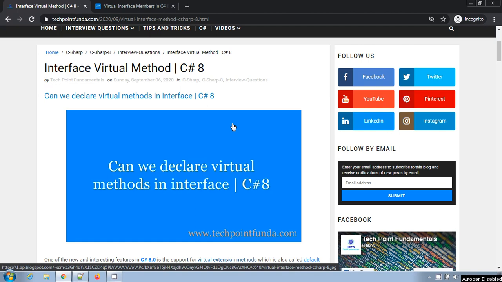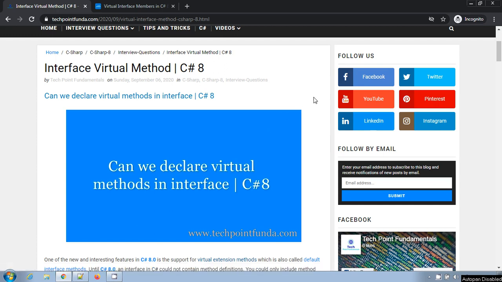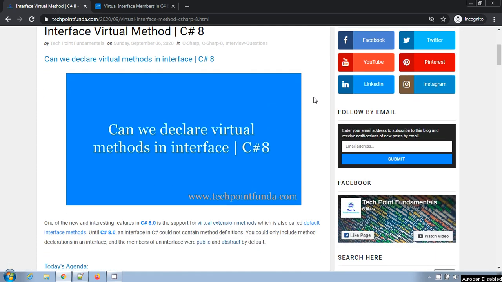In this video, we will learn the most interesting feature introduced in C Sharp 8, that is virtual interface method. Until C Sharp 8, all the interface members are public and abstract by default. But in C Sharp 8, Microsoft has introduced the concept of a virtual method. This is also called virtual extension method,